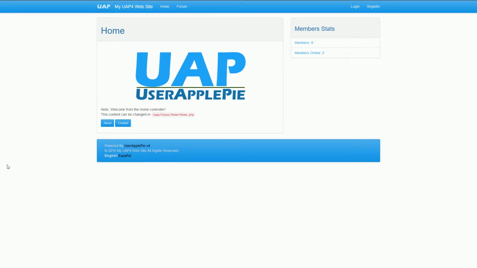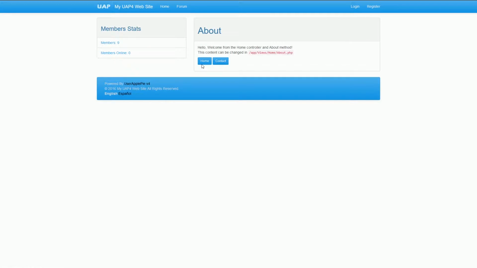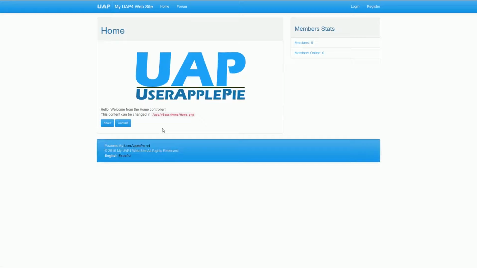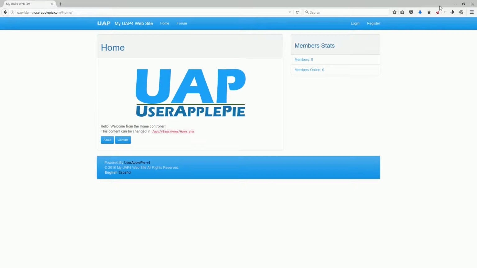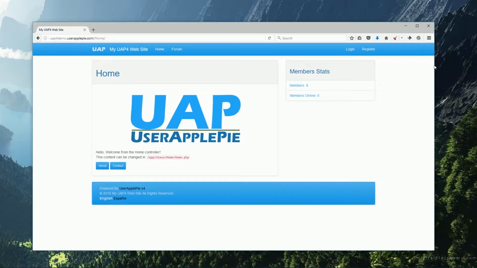Well, it's got its own custom MVC style framework now, which works really well. It's real simple, real clean, easy to use, easy to configure. It's not too hard to create new pages like your contact page or about page, or anything like that really. It also has Bootstrap design, so it looks pretty, and if we shrink it down,